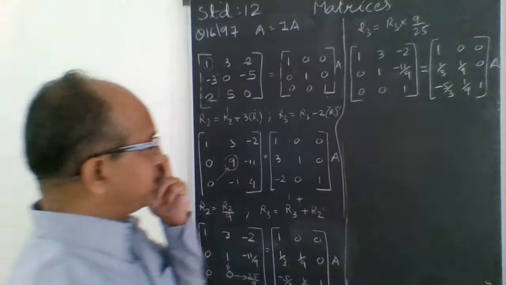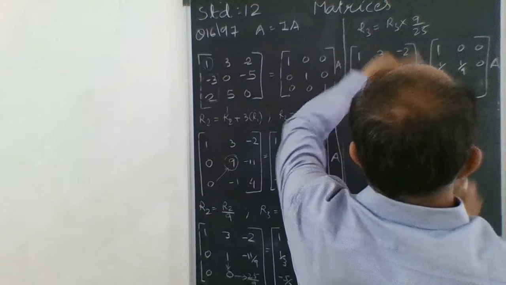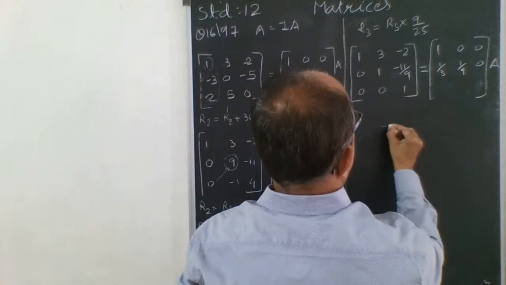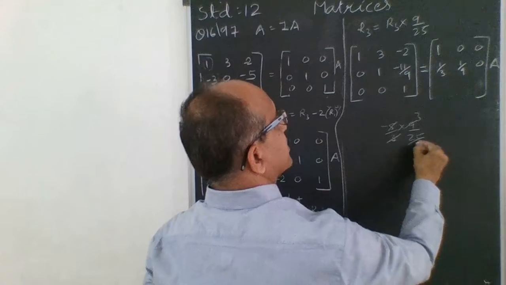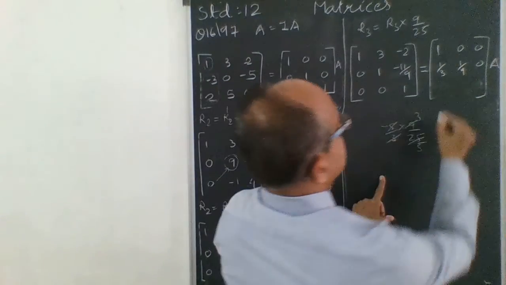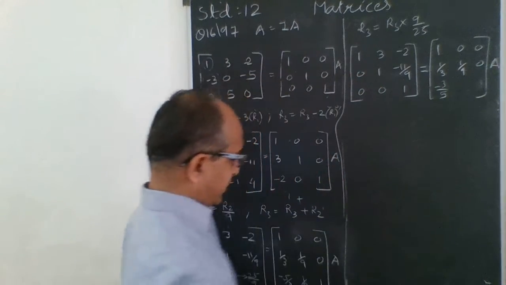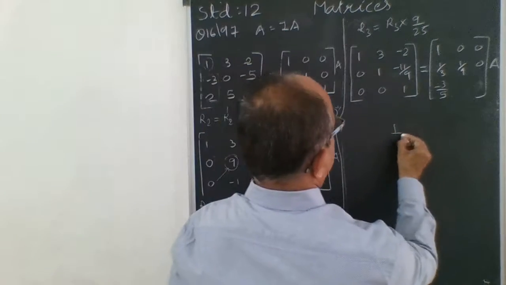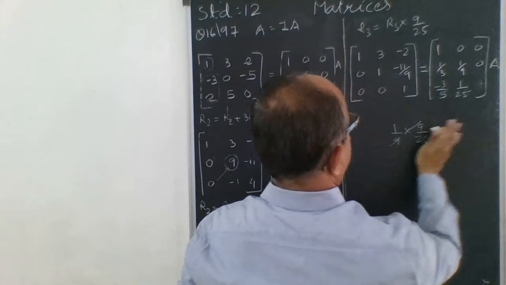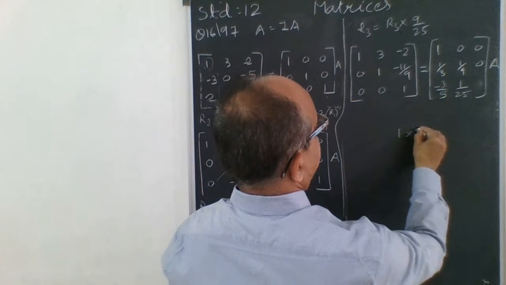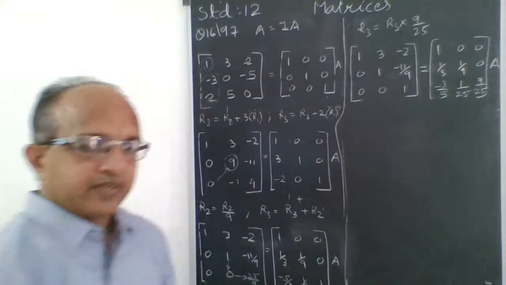Okay. So now here we did. So here also we have to multiply by this, R3 we need to change. So R3 minus 5 by 3 into 9 upon 25. So 3 3s are 9, 5 5s are 25. So what we are getting here? Minus 3 upon 5. Yes. Then second is 1 upon 9, so 1 upon 9 into 9 upon 25. So we are getting 1 upon 25. Third is 1 into 9 upon 25, so this is 9 upon 25. Clear?